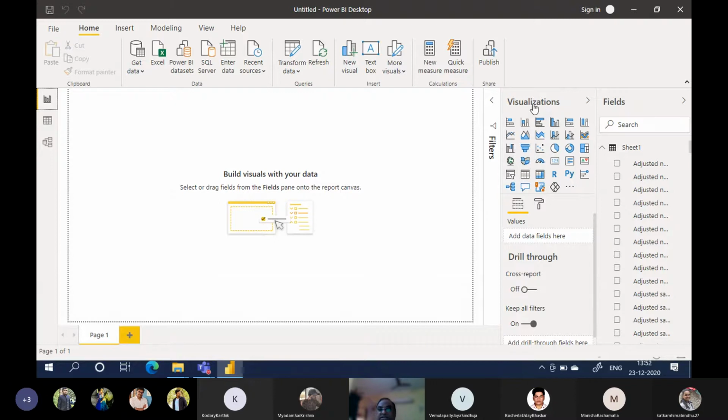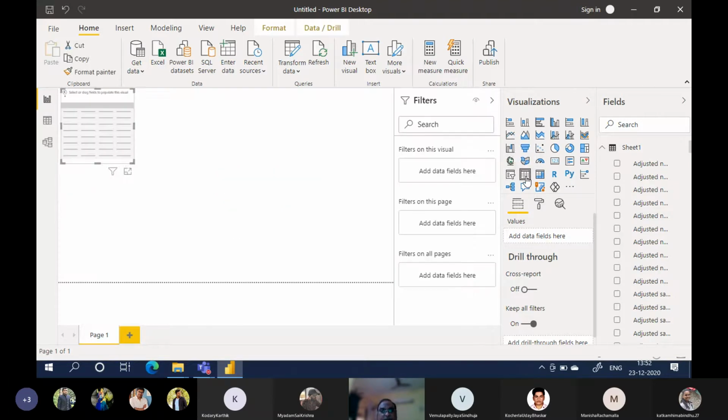So first, let us create a data table. In your Visualizations, from the bottom, second row, you see Table. Click on Table. Always first create a data table, right? Now you can see add data fields here.